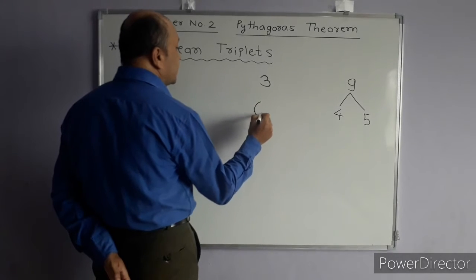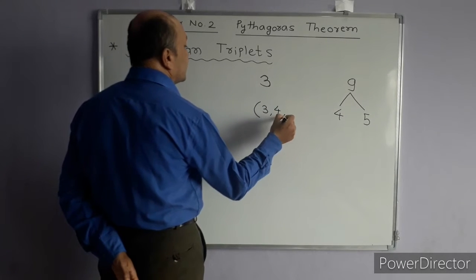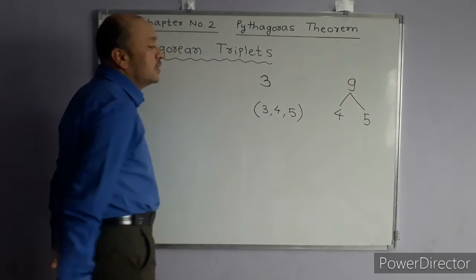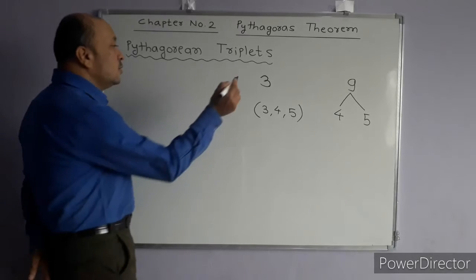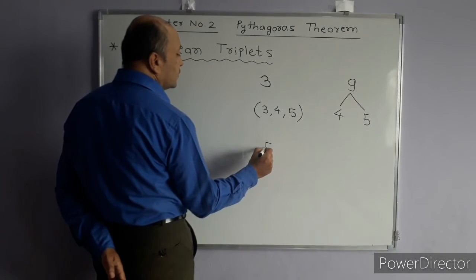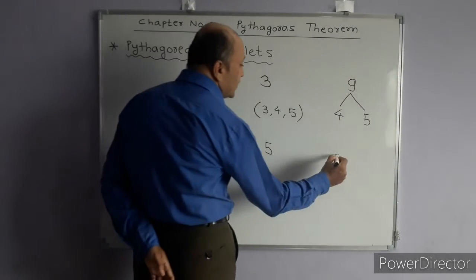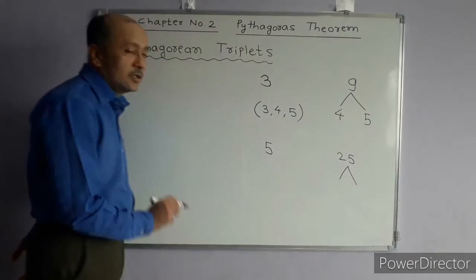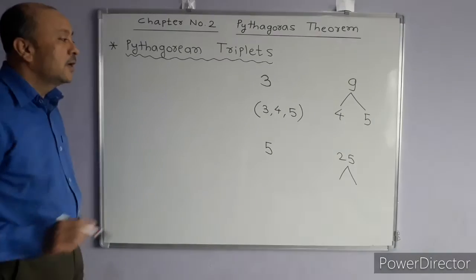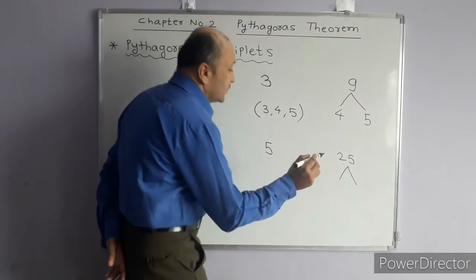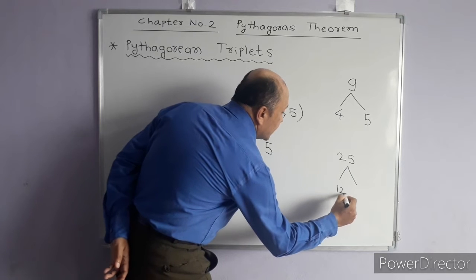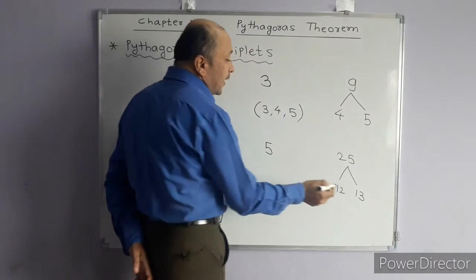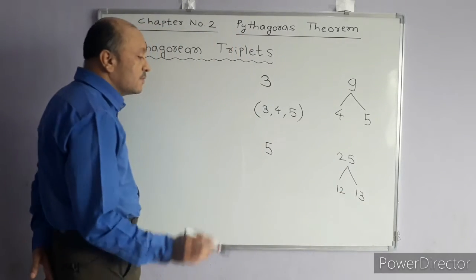So this is the first Pythagorean triplet 3, 4, 5. In that, 3 is one side, 4 is the other side and 5 is the length of the hypotenuse. Let us go ahead, take another number 5. So make the square of 5. 5 square is 25. Then divide 25 into two parts whose addition comes 25 and the numbers are consecutive. There is only one pair, that is 12 and 13. So 12 plus 13 is 25 and 12 and 13 are consecutive numbers.